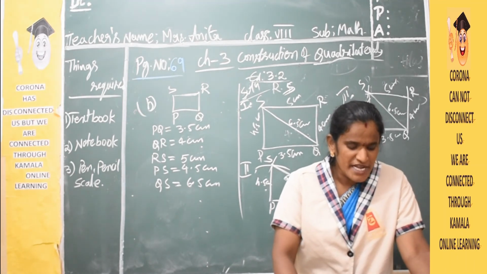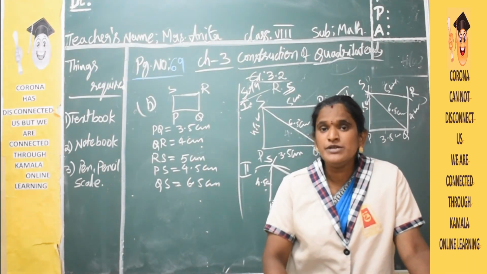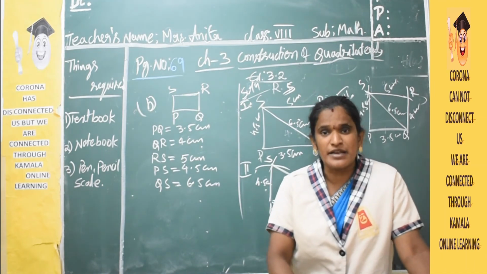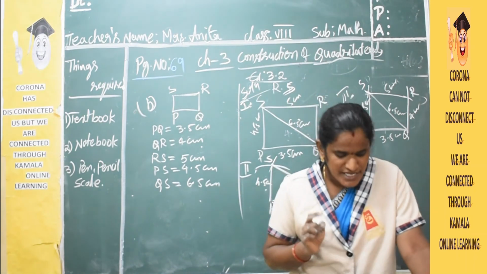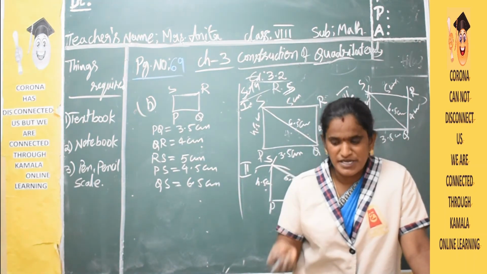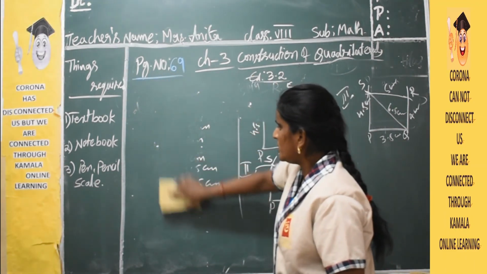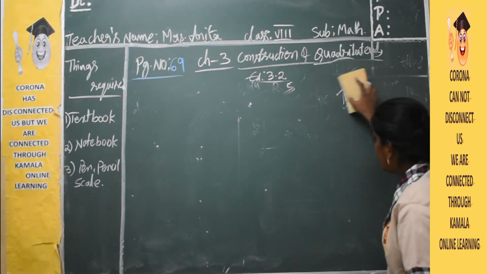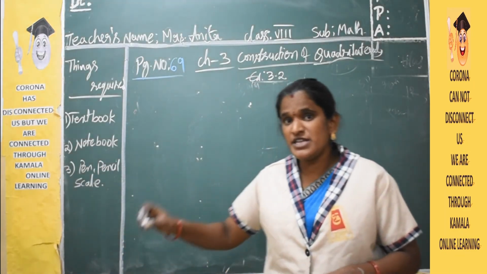In C1 what they are asking is a parallelogram ABCD. Simply they said parallelogram. So what does a parallelogram represent, children? Opposite sides are parallel. If they are parallel they are equal also. That's the reason they have given only 3 measurements. So I will give a hint for this problem, children. You have to observe carefully. Parallelogram means opposite sides are parallel and equal also. You have to observe why they have given 3 measurements.